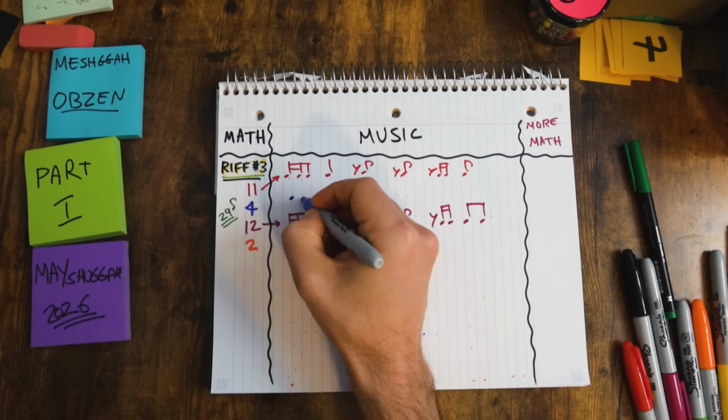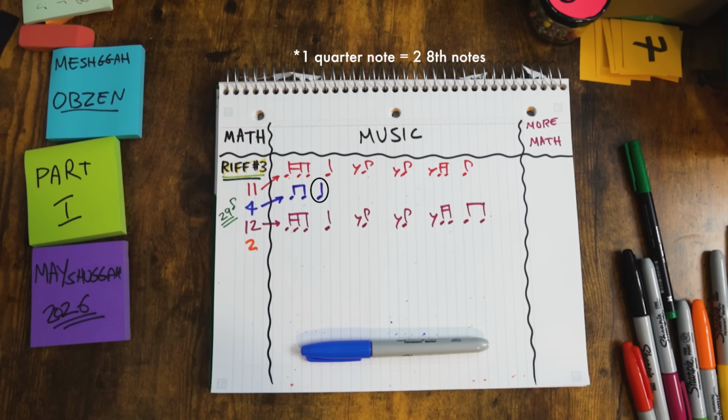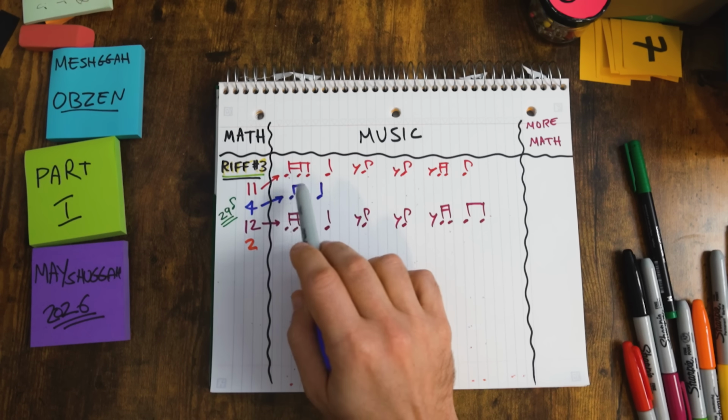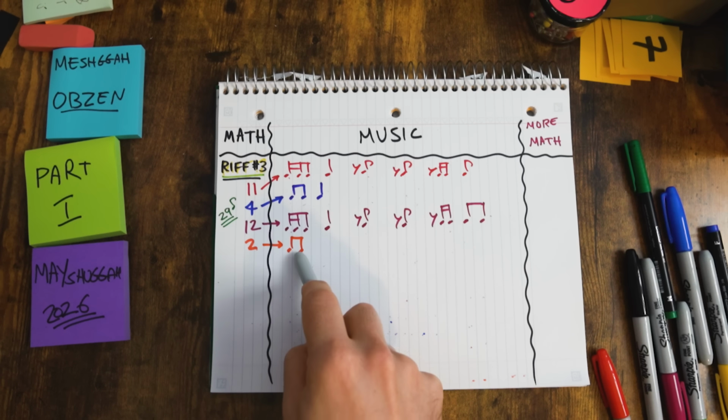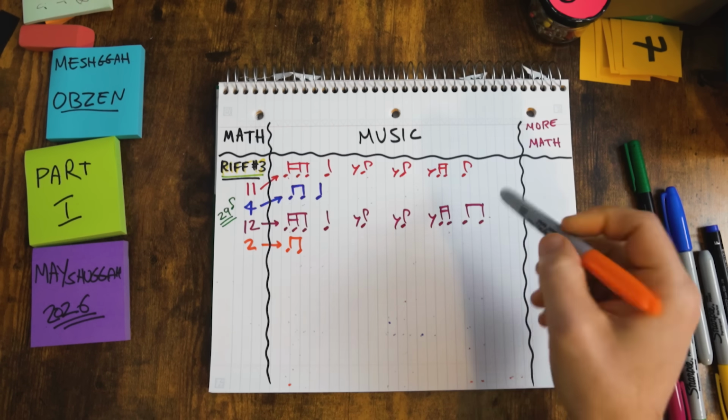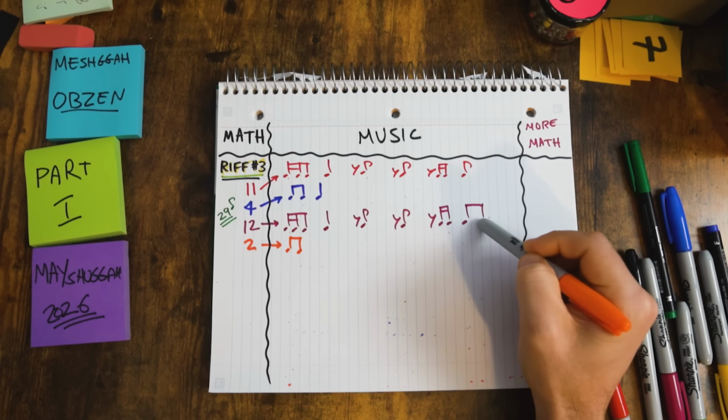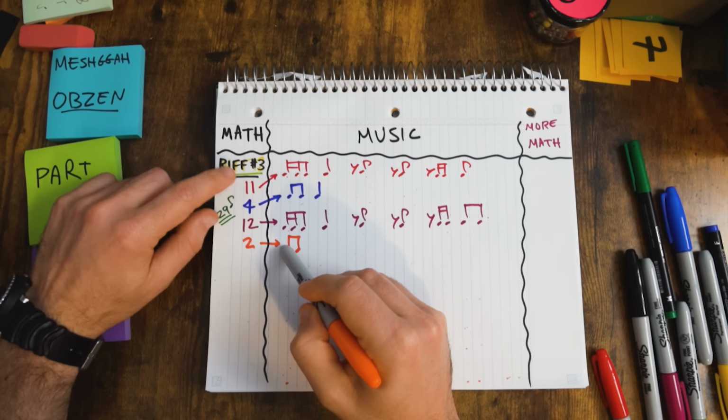The 4 looks like this, so 1, 2, 3, 4. Remember, 1 quarter note equals 2 eighth notes. Ta ta ta. And the 2 looks like this, 1, 2. Ta ta. Now, yes, I could have taken this last beat and put it here, making the number sequence 11,